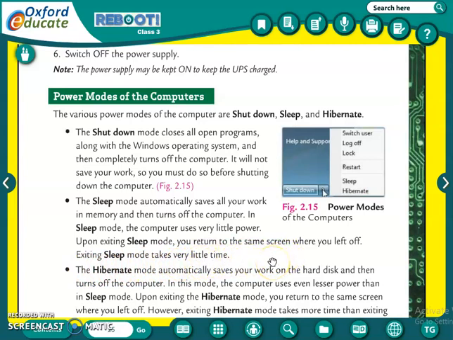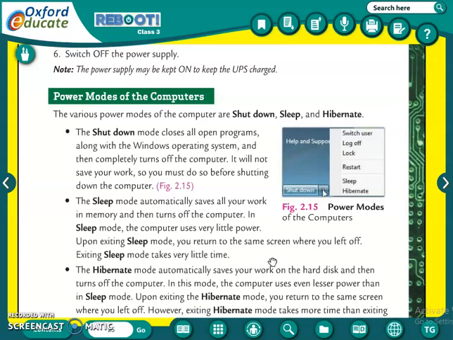See, if you are doing some work and afterwards you have to go elsewhere and you are keeping your computer switched on only, so at that time, if you are not doing any work for a few minutes or for some time, you can keep your computer in sleep mode. In the sleep mode, what happens? Computer saves all work in memory and it uses very little power. वो बहुत ही कम पावर कंज्यूम करता है और हमारा जो भी वर्क है वो सेव करके रखता है.